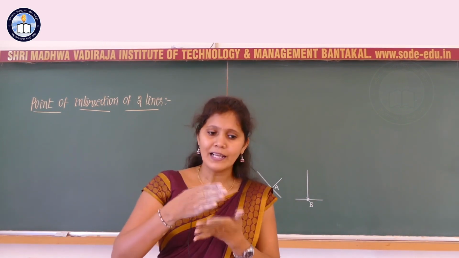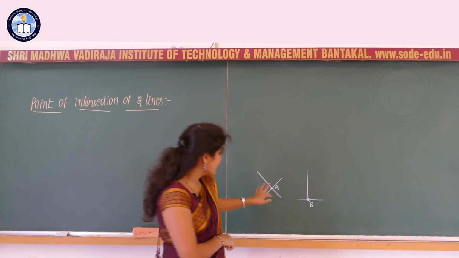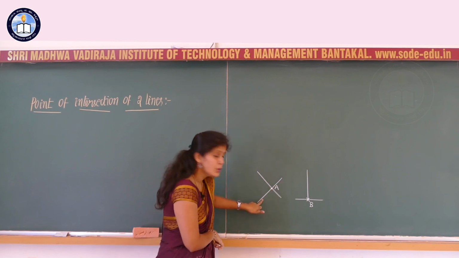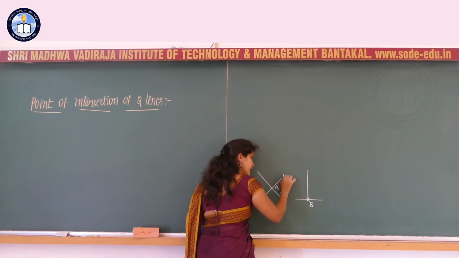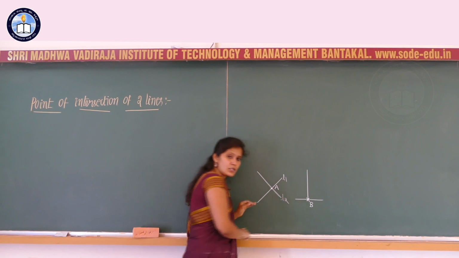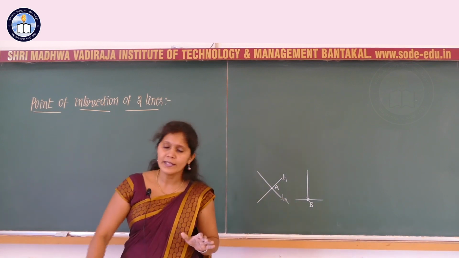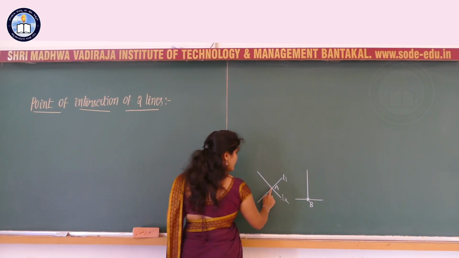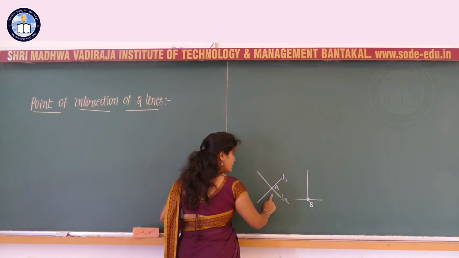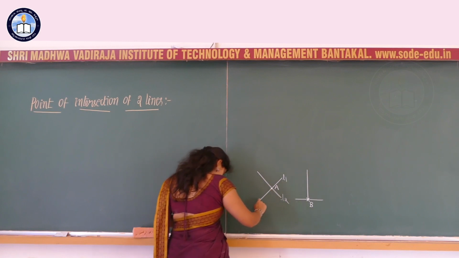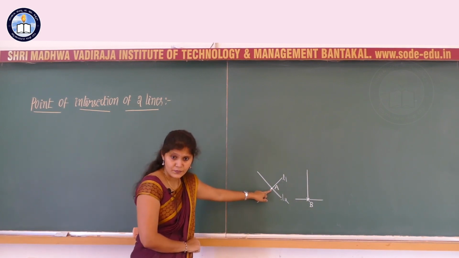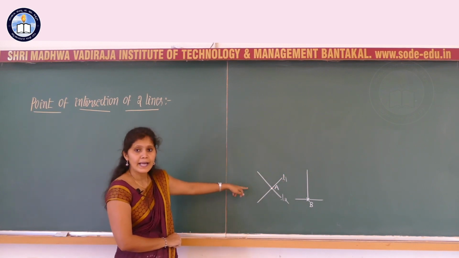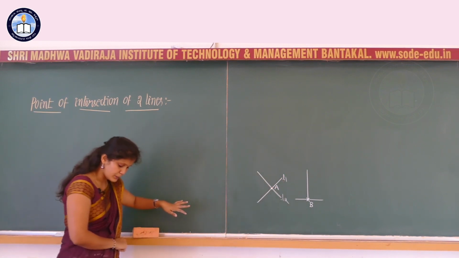That means one line meets the other line, or here you are having one point, and this point is common to both the lines L1 and L2. At the point of intersection, you have one point, that is one ordered pair x comma y, that is common to both L1 and L2, or that satisfies both. So this point satisfies the equation of the line L1 and the line L2 respectively, correct?